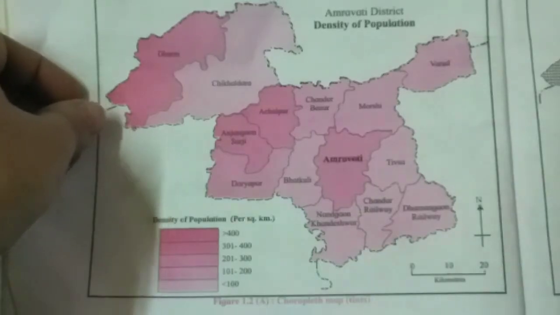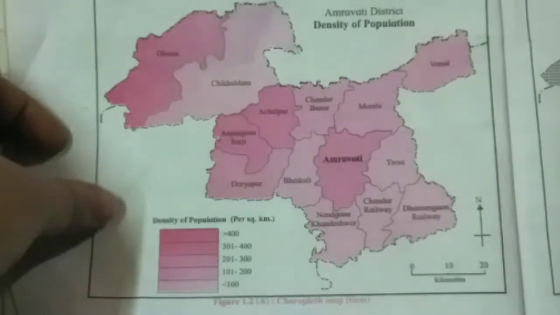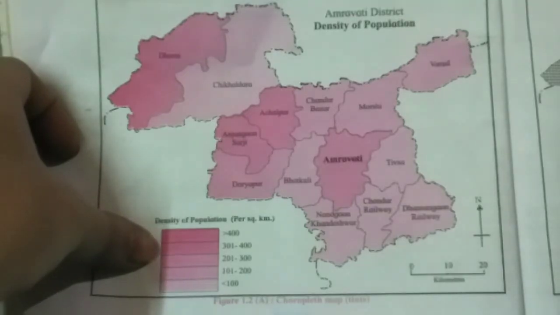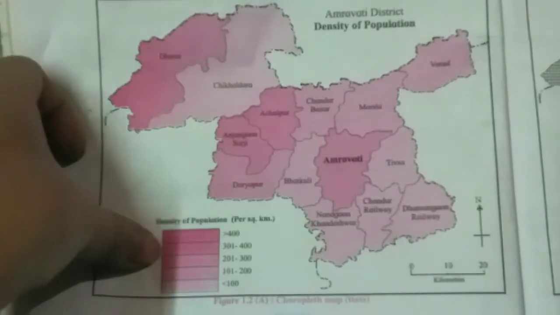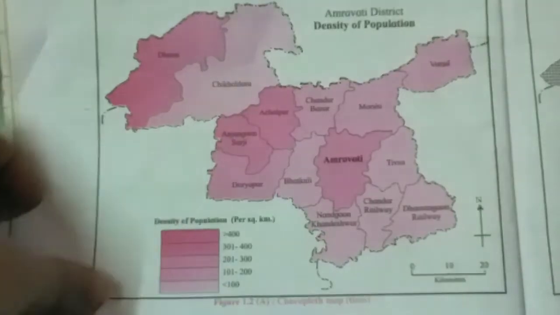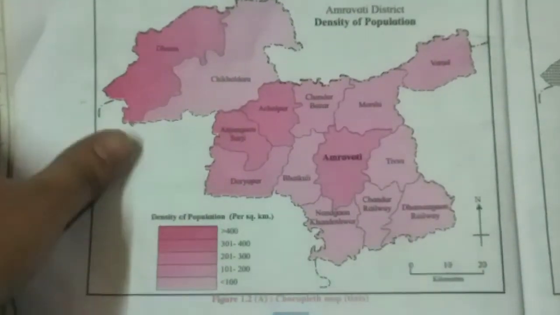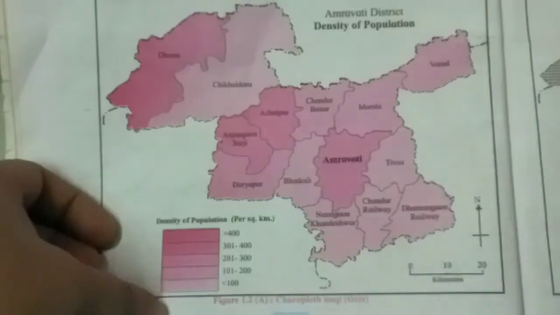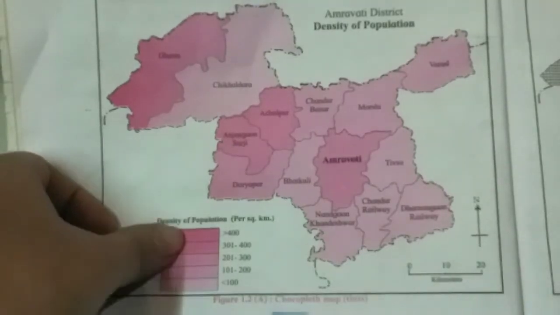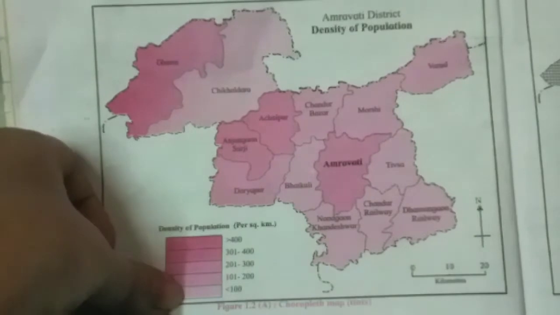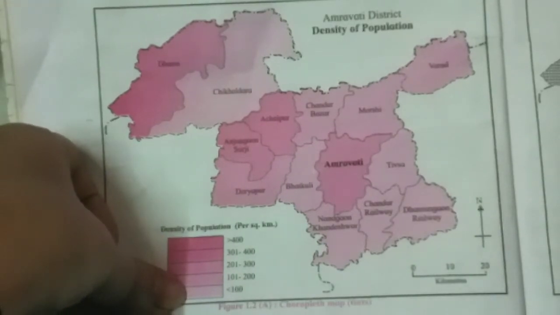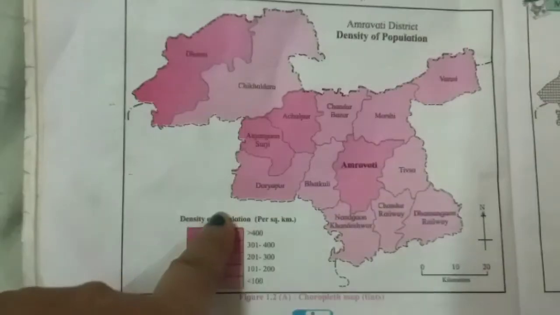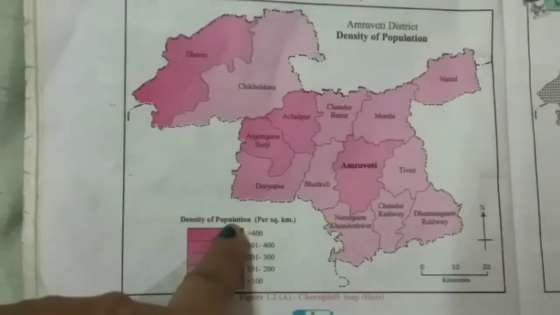After that, 5-7 classes are made. Each class is assigned a tint of the same color or black and white patterns. The shades or the patterns become darker with the increasing values of the given variable. So you can see here the shades or the patterns become darker. See here, this is very much light and then it is becoming darker and darker. The shades or patterns become darker with the increasing values of the given variable and are drawn accordingly on the map in the given classification. Now children, see here, this is figure 1.2a.